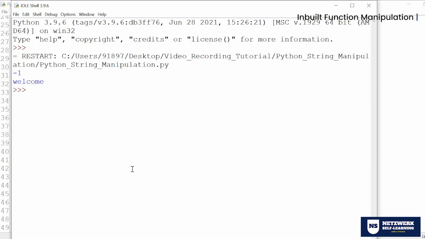Wonderful. But the beauty is that it doesn't terminate your code. The code is not altered, not stopped, and is still running. That's the beauty of the find method. When find doesn't find a letter, it doesn't stop the program. It keeps continuing to the next line or the next possible execution. But